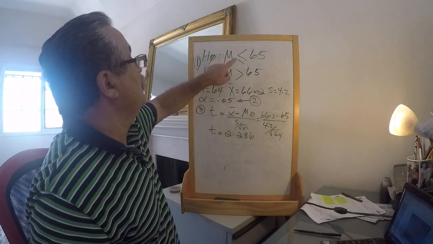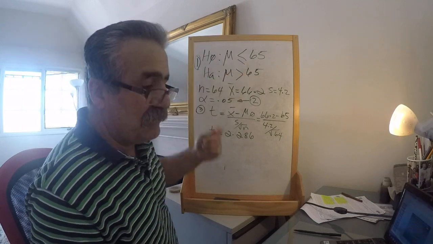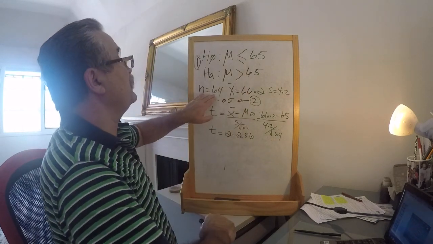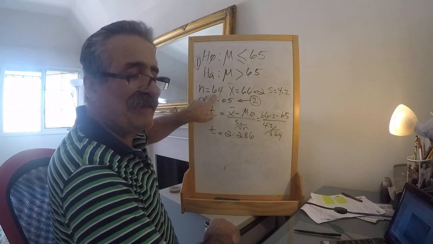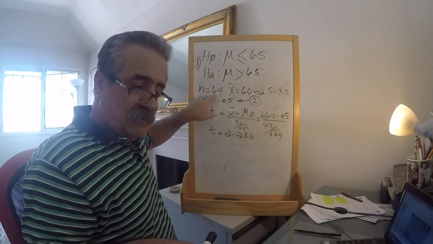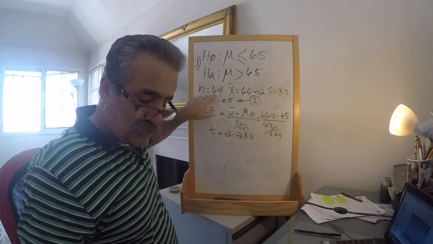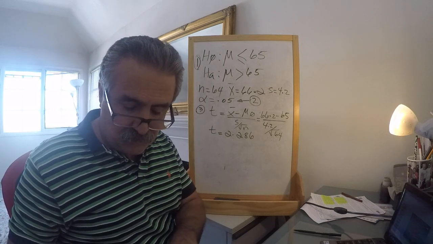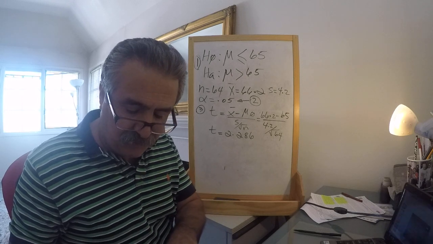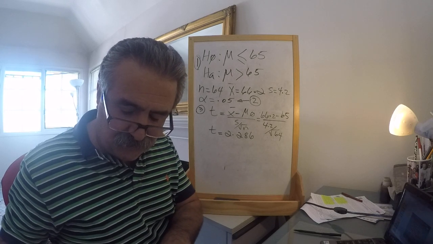For 65 minus 1, that is going to be 64. Okay? Wait a minute. N is 64. Sorry. N minus 1 is 63. So we go to the T distribution table. Across from degree of freedom 63,